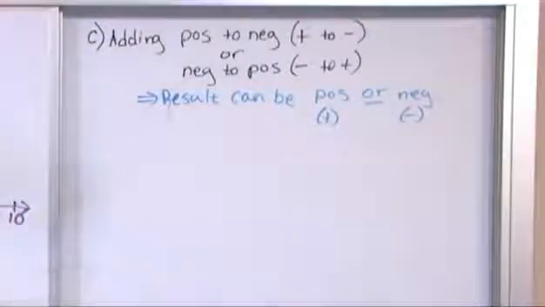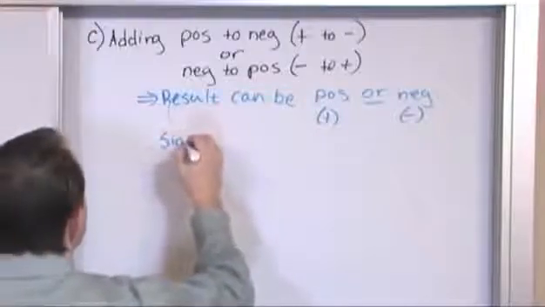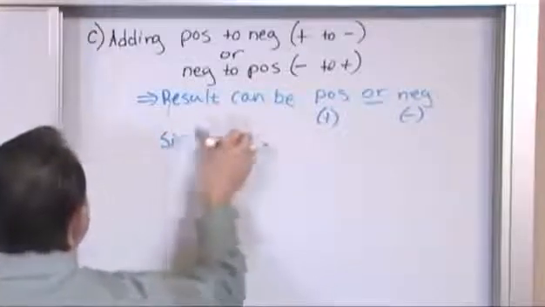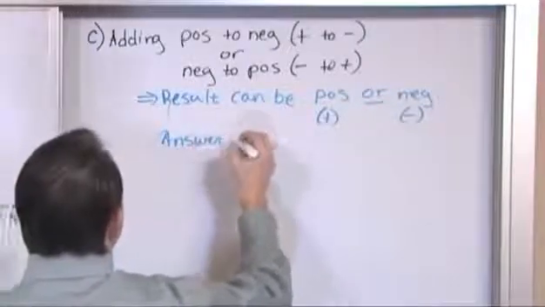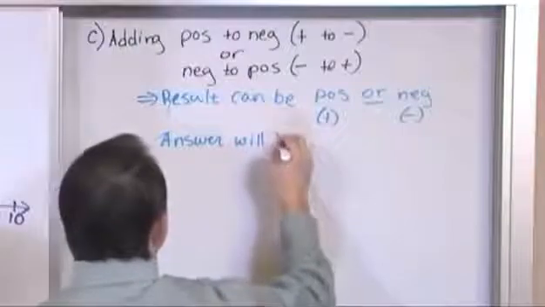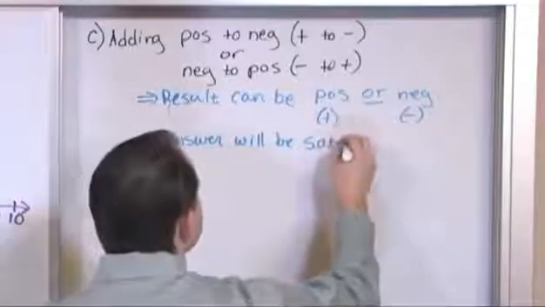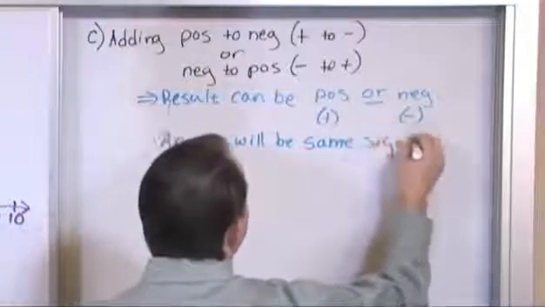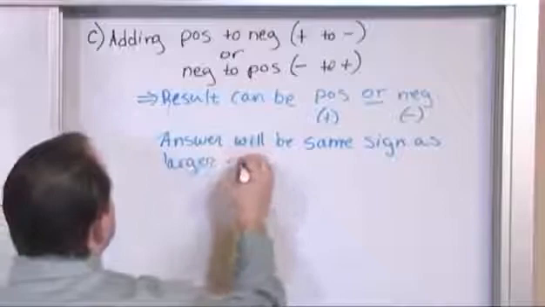And the trick is, how do you figure out if it's positive or negative? Let me put it a different way. The answer that you get will be the same sign as the larger absolute value